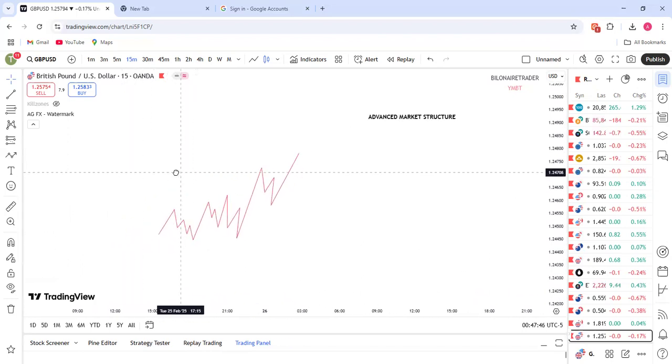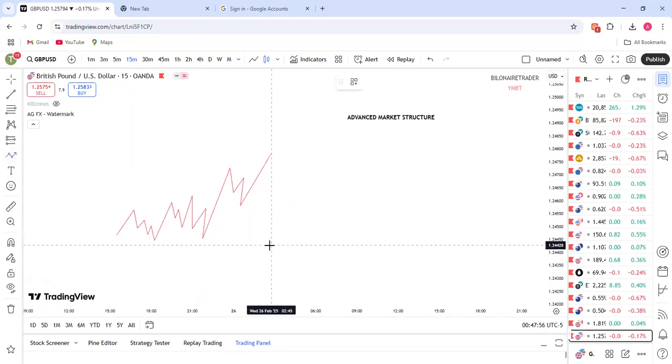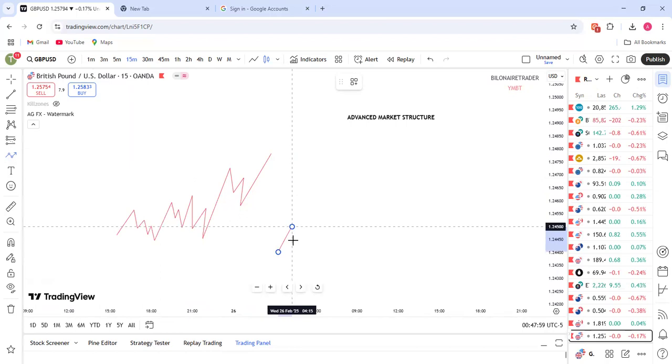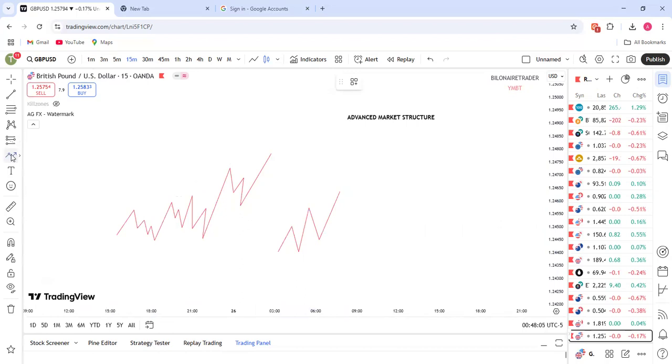So what the advanced market structure simply comes out with is this. There is a pattern that forms the advanced market structure, and this is the pattern. Anytime the market wants to be bullish, or is in a bullish scenario, like having higher highs and higher lows and higher highs, right? In the advanced market structure pattern, this is what you will see. The market comes, sweeps the previous low, right? Then it breaks out, then comes back, gives us a low that breaks the previous high,